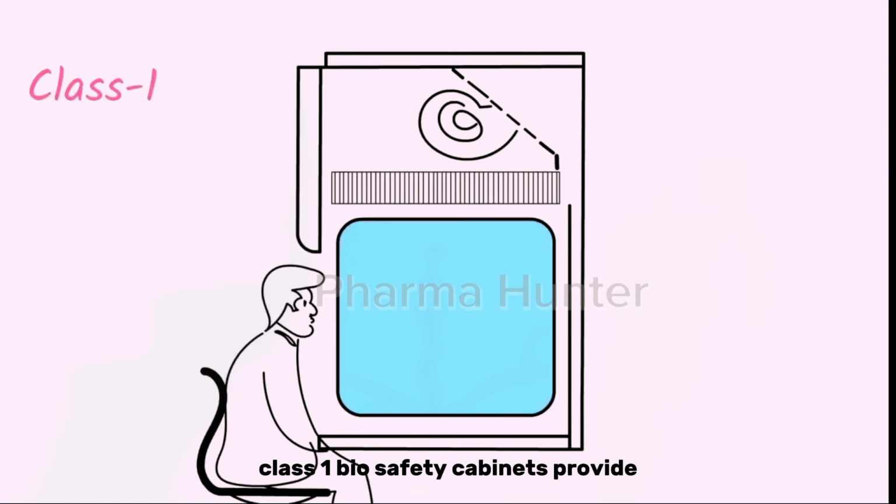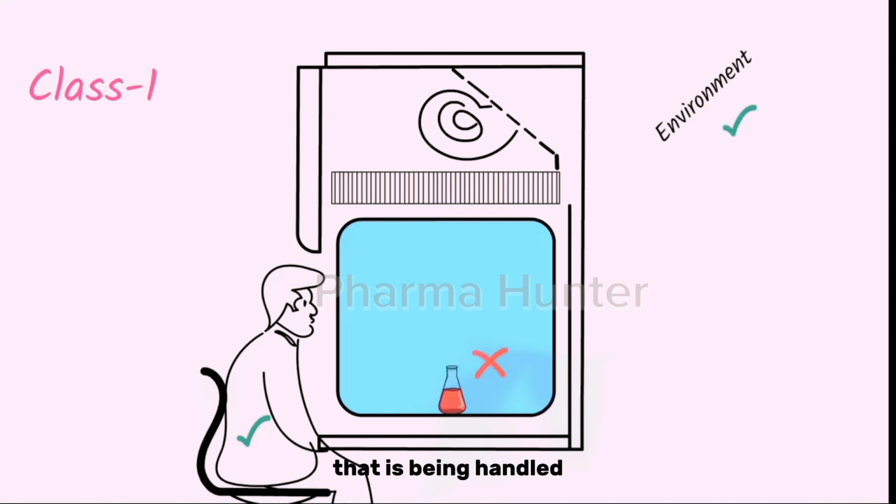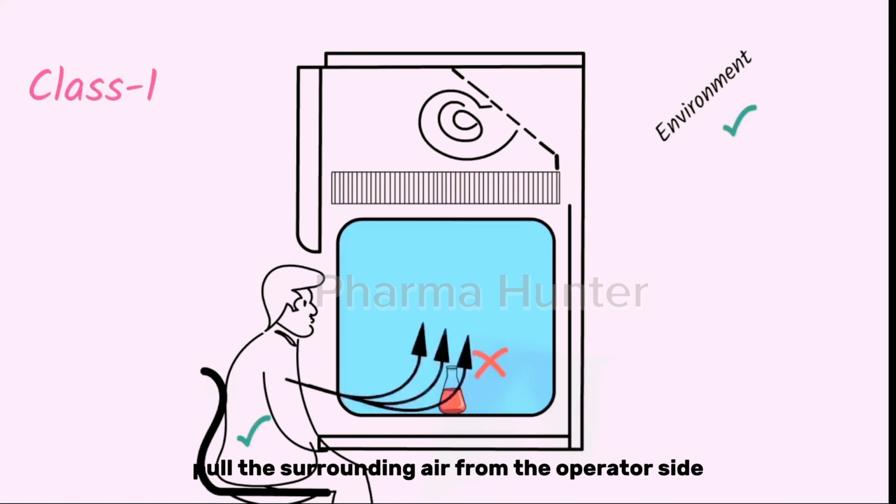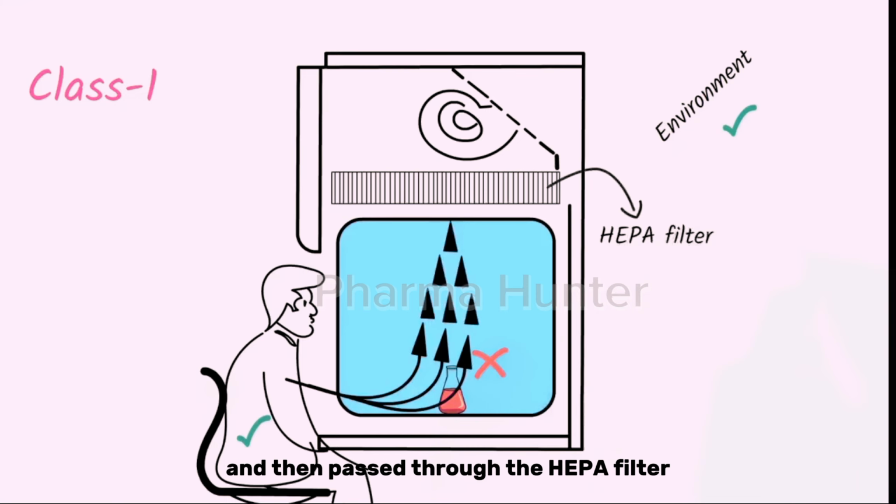Class 1 biosafety cabinets provide only the operator and environment safety. They do not provide safety to the product that is being handled. The Class 1 biosafety cabinets pull the surrounding air from the operator side. The air inside takes the particles away from the operator and then passes through the HEPA filter before it is